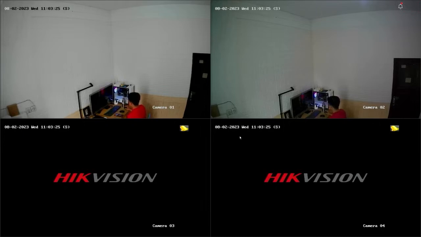In this session, I will be sharing a tutorial on how to connect Hikvision DVR to mobile. Before we proceed with the DVR configuration, please ensure that you have connected your DVR to the internet modem using a LAN cable or Wi-Fi connection. After making sure that the connection between the DVR and the modem is working properly, we will now start the